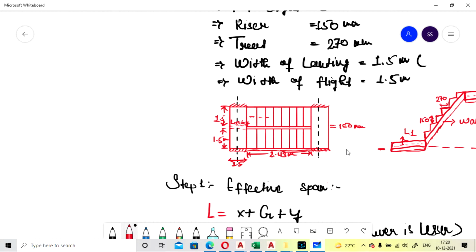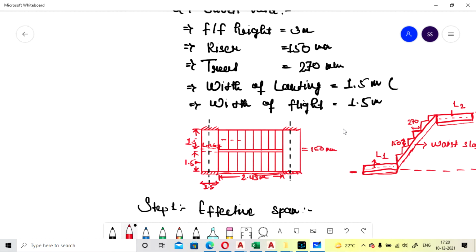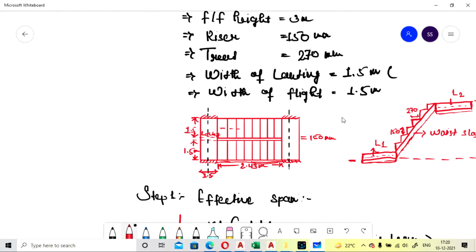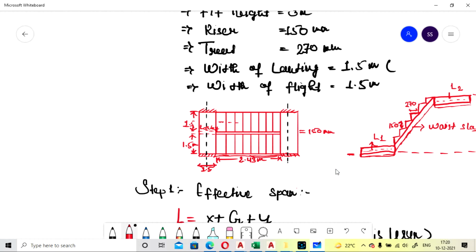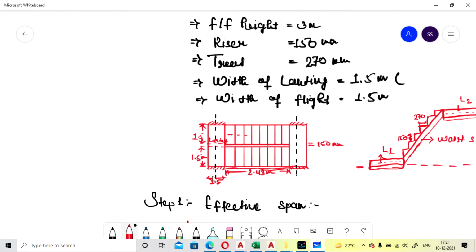In general consideration both landings will be taken at the same size, but somewhere, if you go and design, you may see that this landing and this landing width will be different. You can design that type also, but for general consideration I am going to take both widths similar. So this will be 1.5, and this width is also 1.5.